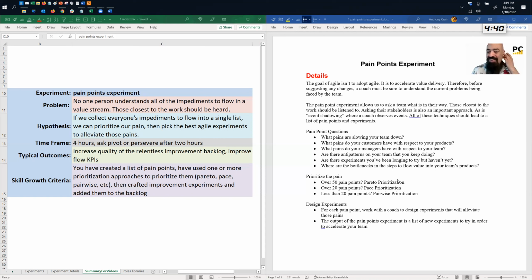So that's a lot. So with Pareto prioritization, all you do is get a spreadsheet and add all your pain points there and add a column, which is category. And then when you first do it, it's going to feel weird. Like, I don't know what category this is, but as you read through a couple of them, categories will start to emerge. Sometimes you'll be halfway done and realize, I don't like the categories we came up with. Let's adjust them now.